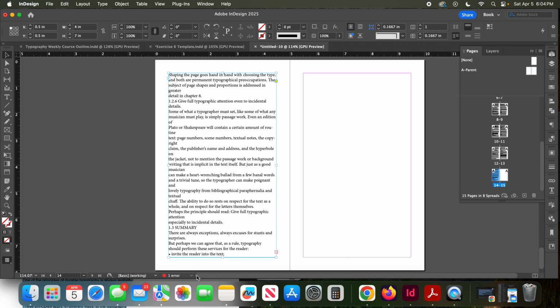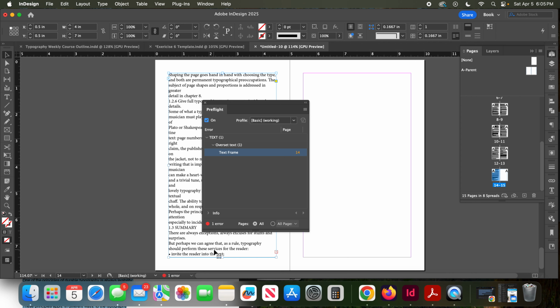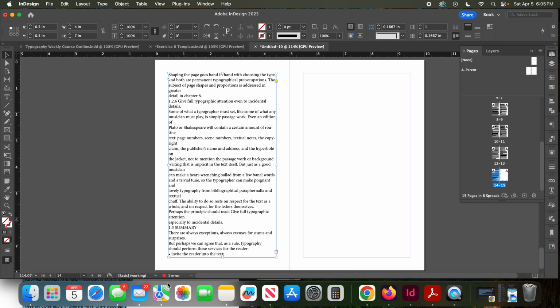So always keep an eye on your preflight little panel at the bottom, to make sure that when you're done with your document, or you're in the process of your document and you see a whole bunch of errors, just check on it periodically to figure out why there are errors. You'll also get link errors in here as well if you've lost a link to an image. Just keep an eye on it and keep correcting stuff that needs to be corrected, but don't overstress on it until you've got all your text formatted. Then go back through it with a fine-tooth comb and make sure there are no errors, no spots like this where you have to take more text and add it to the next text